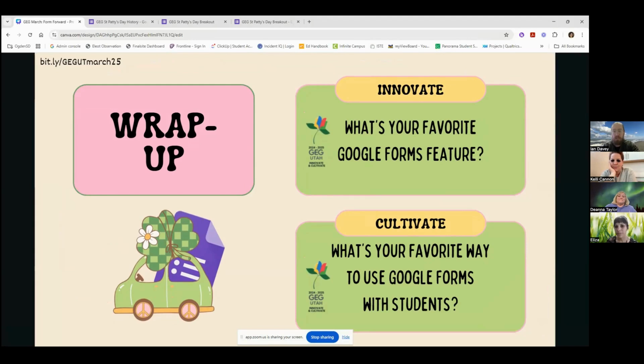My favorite is the file upload option. We use that a lot for uploading certificates after professional development, or there are a lot of other ways you could use it too. You could have students submit little documents or things, and it's a great way to collect those files right in a Google Form. Awesome. I agree, especially if you're having students do hands-on activities. It's a great way for them to take a picture of the model they created or the experiment that they did and upload it.